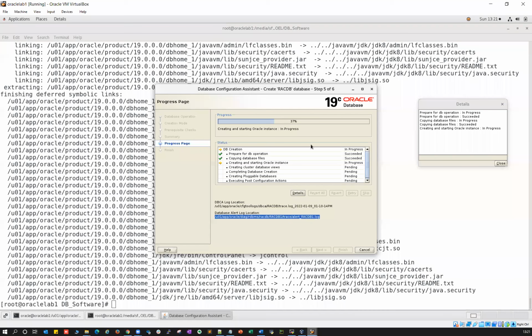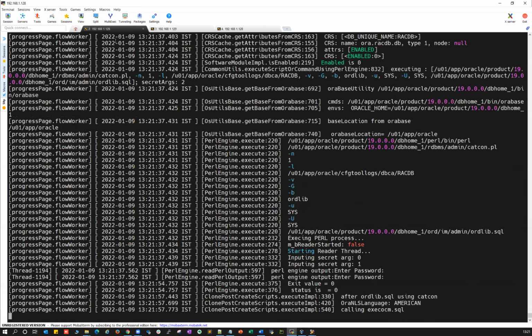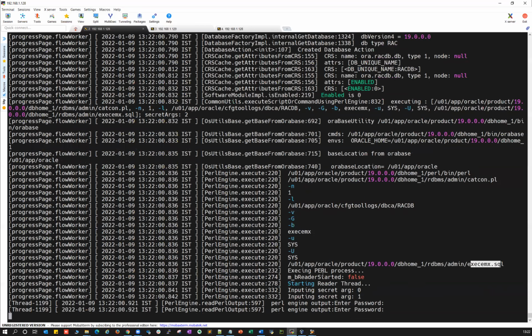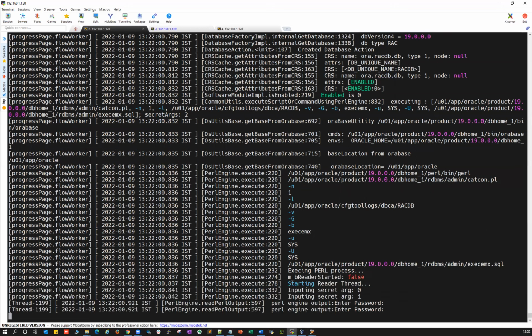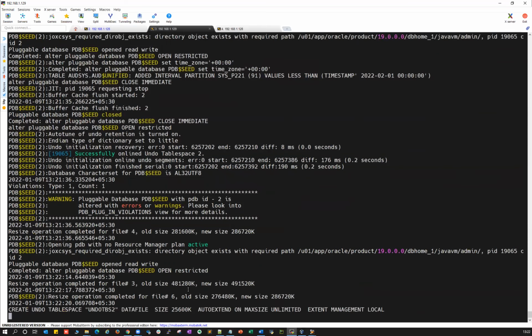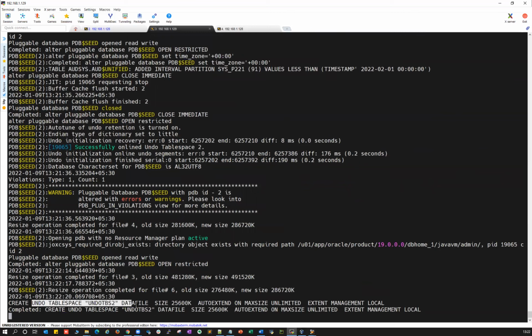If I go back here, it is at 37% now. It is executing some of the scripts here, from Oracle Home rdbms admin, executing simx.sql, with the help of these Perl libraries. It creates your undo tablespaces, UNDOTBS1 and UNDOTBS2, for both the cluster nodes.